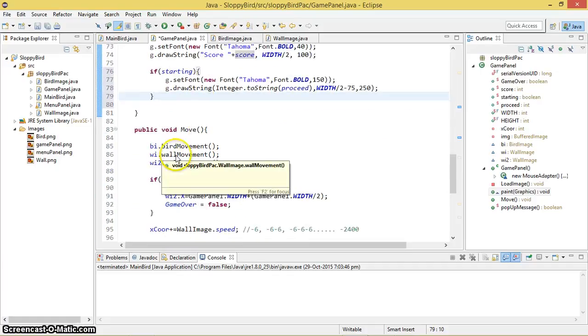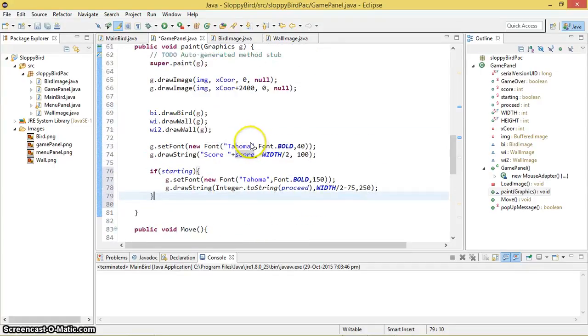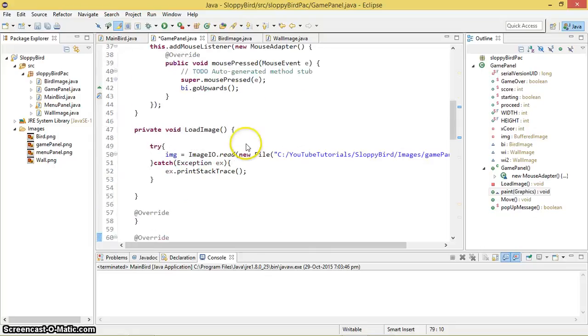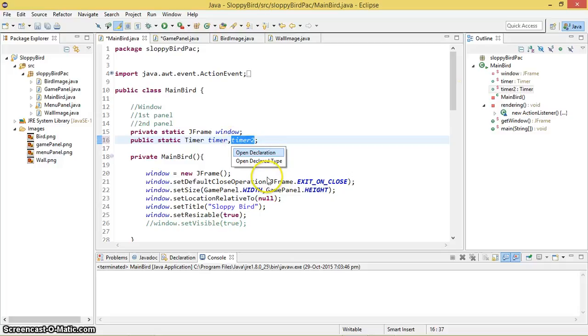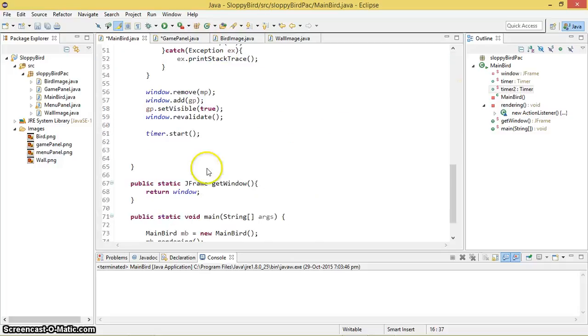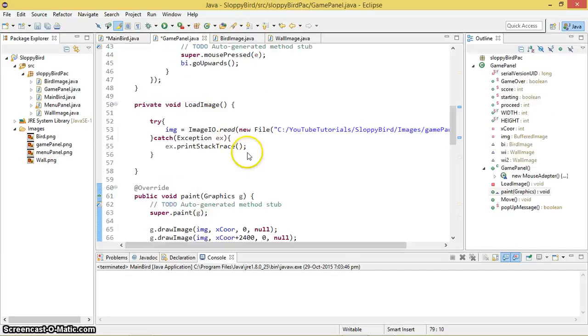So guys, now what we need to do is set up the timer variable. So let's go ahead and create a timer variable. As you can see here, we already have a timer variable. Let's create another one, timer2. So what I'm going to do is, instead of starting this timer right here, I need to start it when the proceed, this is the proceed integer,